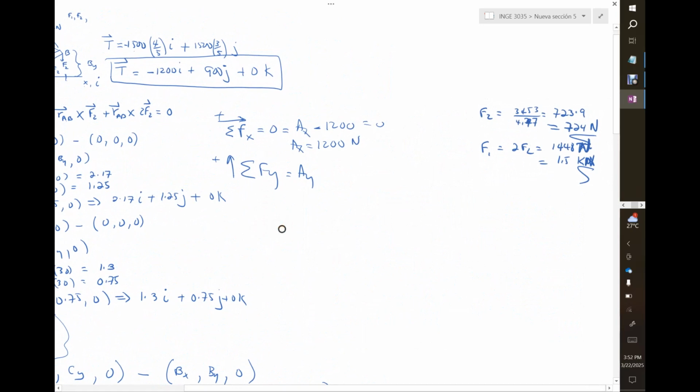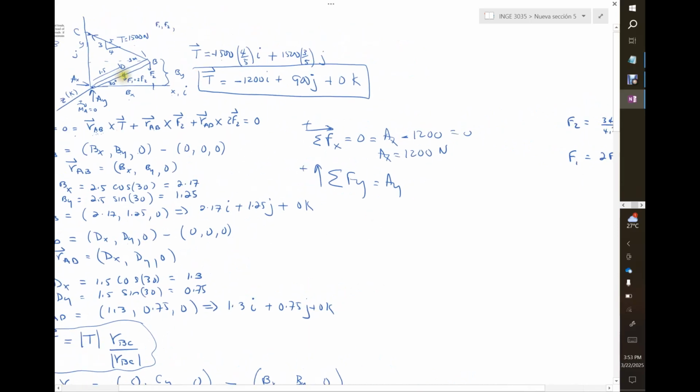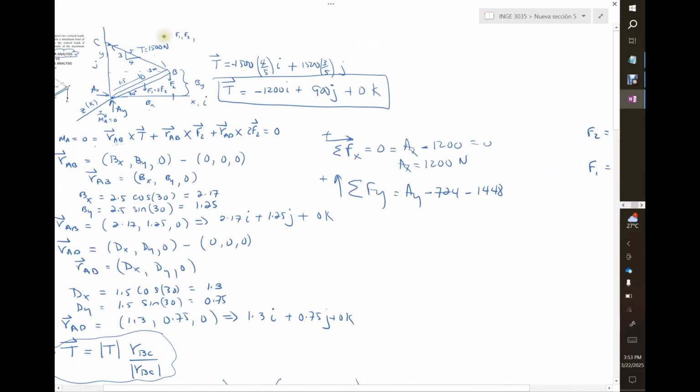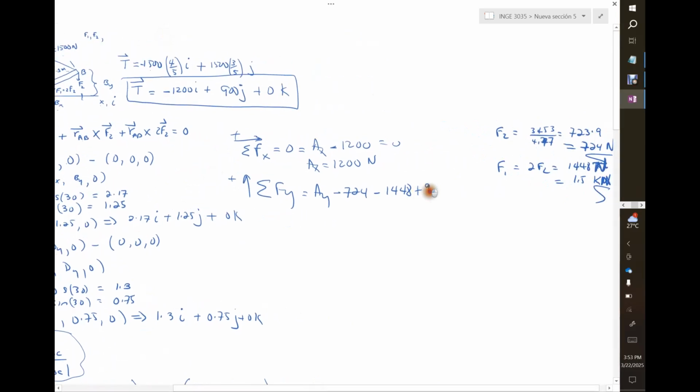So AY is up, but we have this force and this force going down, so that will be minus 724 minus 1448. Those are two negatives, but the tension is going up, and that part is this 900 plus 900 equals 0, meaning the AY equals